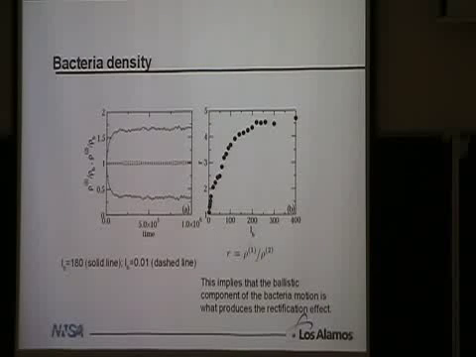If we look at the density of the bacteria in our system, the ratio on one side of the barriers to the other, we see that it increases with time, and then it saturates. And the level to which this ratio saturates is a function of how long we let the bacteria swim before we make them turn. So if we let them swim for a really long time before they turn, then we get a fairly high separation. And then if we don't let them swim quite as long, the amount of separation decreases until finally, if they turn at every single time step, we don't get any separation at all.